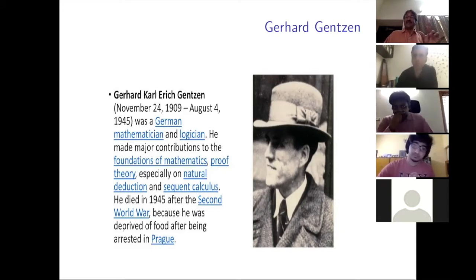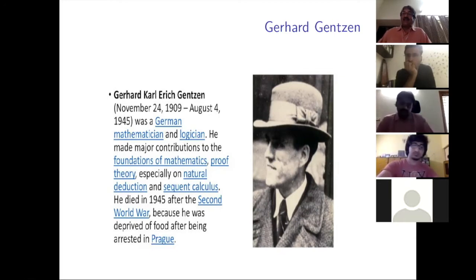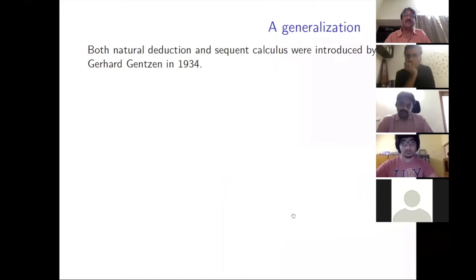Those years, 1931 was Gödel's paper, 34 and 35 were Gentzen's papers, 36 was Turing's. These were the years where mathematical logic advanced by leaps and bounds. So if Gödel's paper in 1931 was, I call it, the beginning of mathematical logic, and Gentzen's paper was the beginning of proof theory. So they were both introduced by Gentzen in 1934,